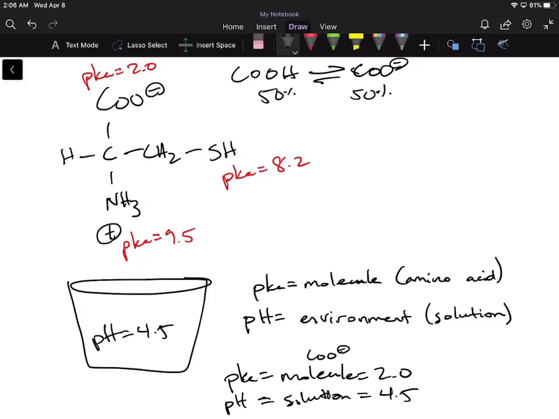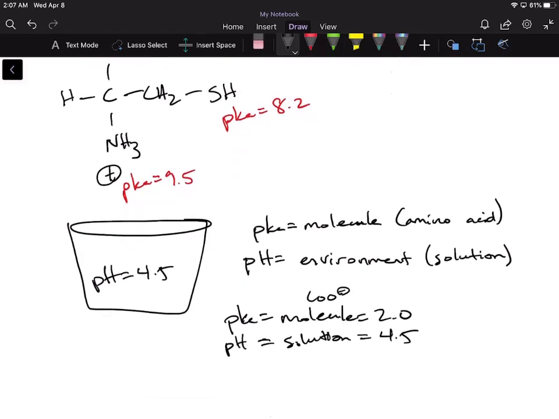So now I'm going to look at it kind of like weightlifters or a tug of war. What's happening in my solution is that the protons are freely floating around at this specific pH, and you can think of them effectively like bodybuilders, okay? Whichever one has the bigger number is the stronger one. They can wrestle away the proton from the other molecule, okay? So for example, if we're talking about these two in this situation, which one has the bigger number? Which one's stronger? In this case, the pH of the solution is stronger, meaning that it'll wrestle away the proton from our